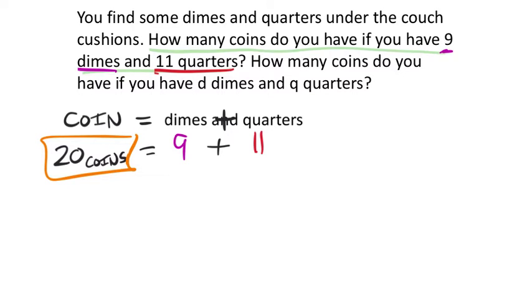But then it says, how many coins do you have if you have D dimes and Q quarters? I'm going to keep it in this format. And that's what's different now. It's not telling us specifically what a slope is or a y-intercept. And I don't think that dimes or quarters really depend on each other. And so this setup right here is good. They say that instead of dimes, they want D. Instead of quarters, they want Q. So those are 2 variables I'm going to use. That would be the number of coins